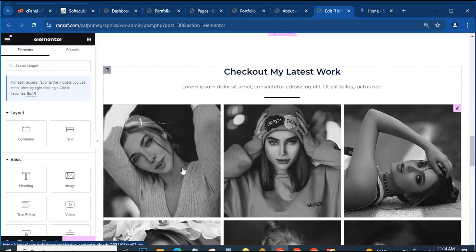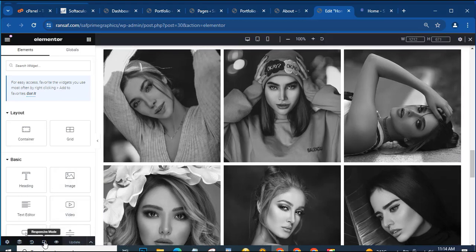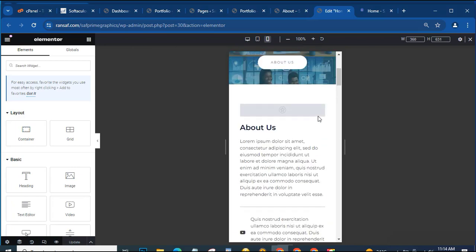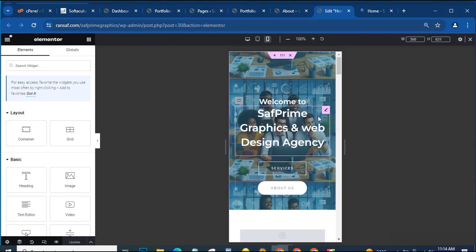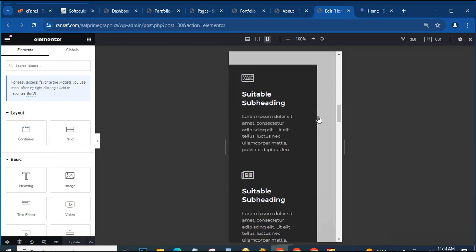So now that everything is set, let's click on update. Now everything that we are doing is PC, laptop or desktop. What about phone? So let's come to this side and click on this, and then let's select mobile phone. Wow, so you can see that our website looks great on PC, but on phone it's not all that good,